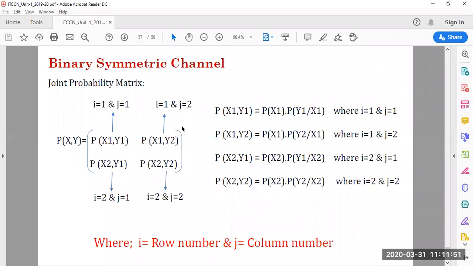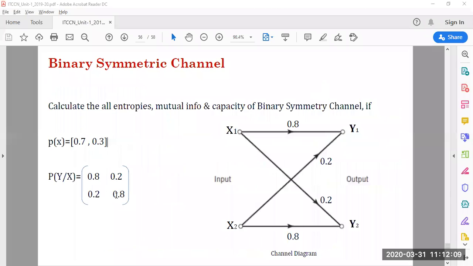Okay. So now next is what? You need to calculate P of x comma y, because as nothing is zero, that means neither information loss nor noise is zero. That is, P of y by x is also what? 0.8, 0.2, 0.2, 0.8, and P of x by y will not be an identity matrix, because